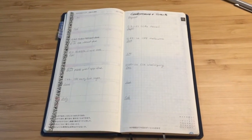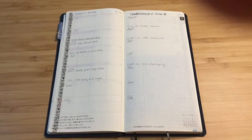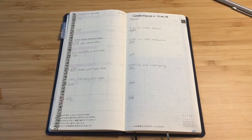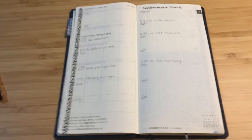So this one here is conferences and grants. As a PhD student, I need to keep track of when conferences are on, when abstracts need to be submitted, and then things like grants, so when grants are due. What I do is I just write down